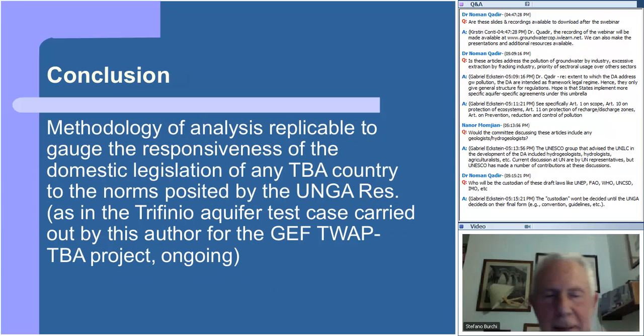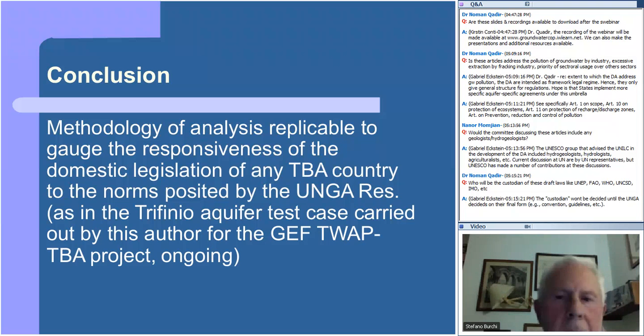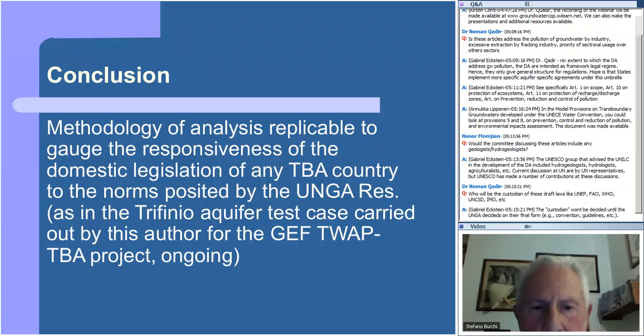I'd like to mention, at the end, by concluding, that what I've illustrated perhaps has value also as a methodology of analysis and of interpretation, because of this interface, this interplay between the international plane and the domestic law plane, because you can apply it to gauging the level of support and responsiveness of domestic legislation to international obligations for groundwater in particular, stemming not only from the draft articles on Transboundary Aquifers, which